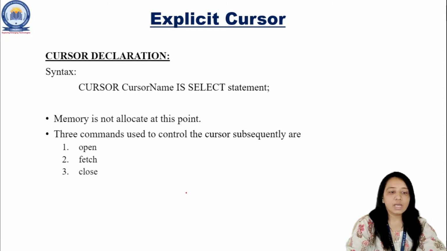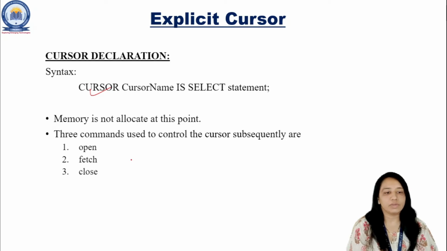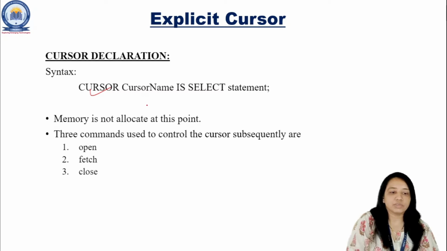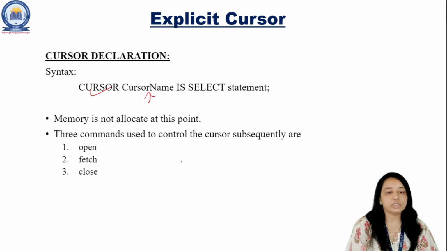Now we'll see how it is declared and how we can access the data available in a cursor. First is the cursor declaration. Normally the cursor is declared in the declare section, starting with the CURSOR keyword, then the cursor name, which is a user-defined name, whatever name you want to give. After that comes the select statement, whatever select statement you would normally write. It may have some condition, and you can sort your data.